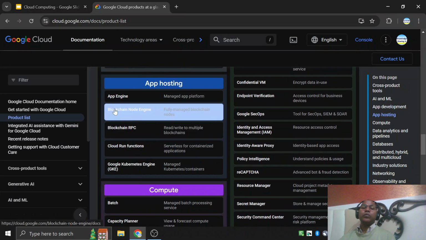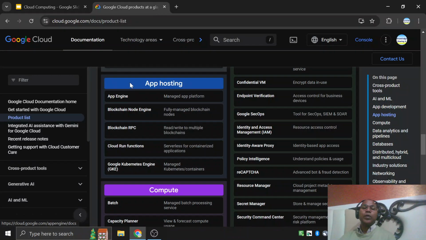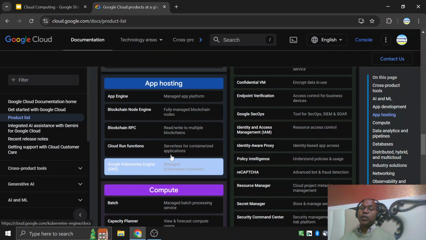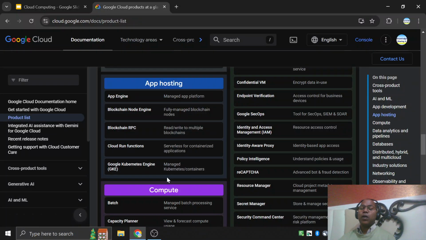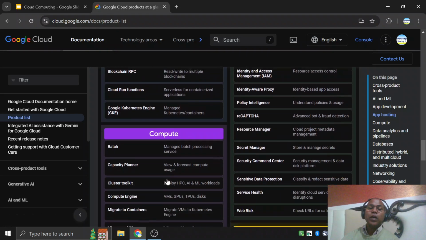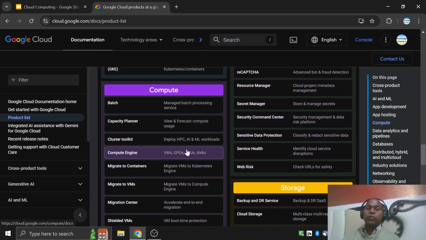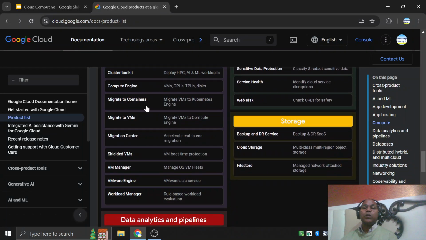For application hosting, we have App Engine and GKE, Google Kubernetes Engine. These are the most popular app hosting options. App hosting is when you have already built the application and now want to just host it on the cloud. Similarly, for your servers, these are the virtual machine tools available.